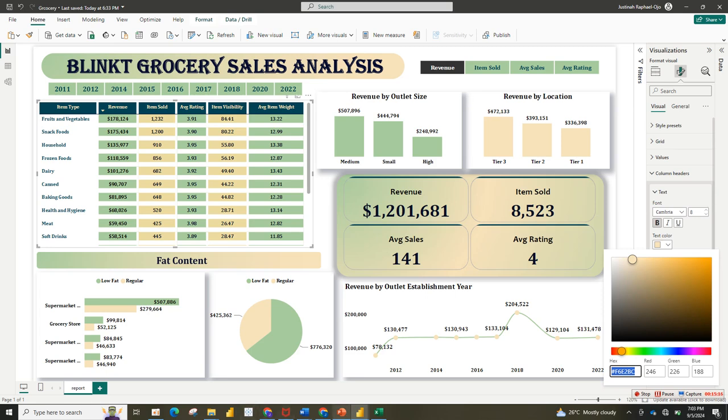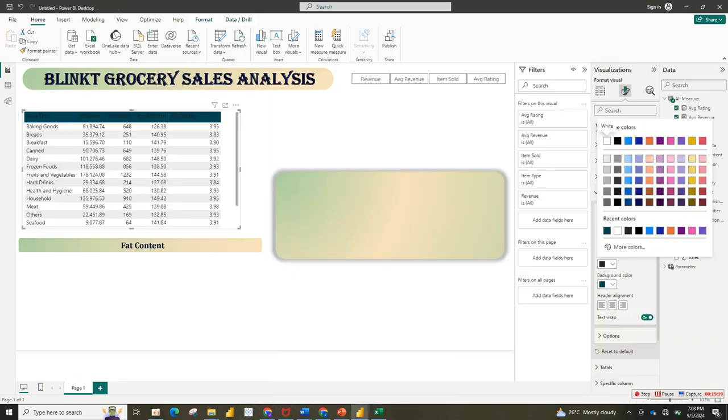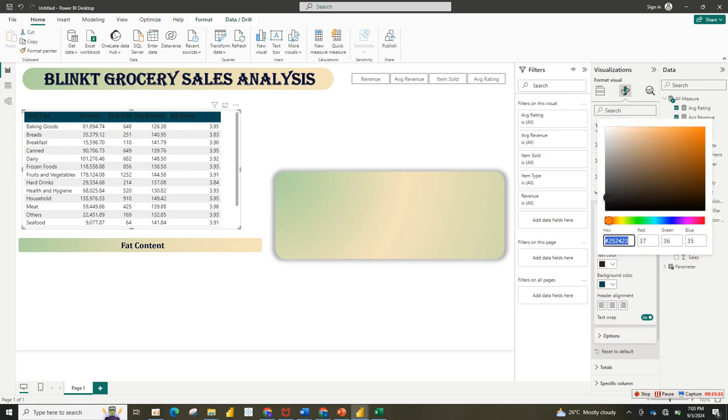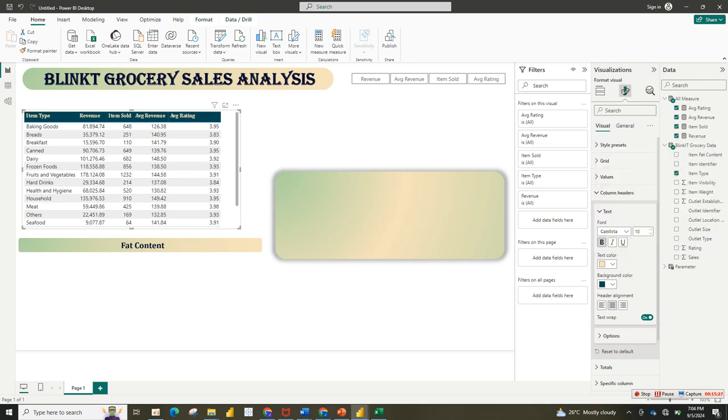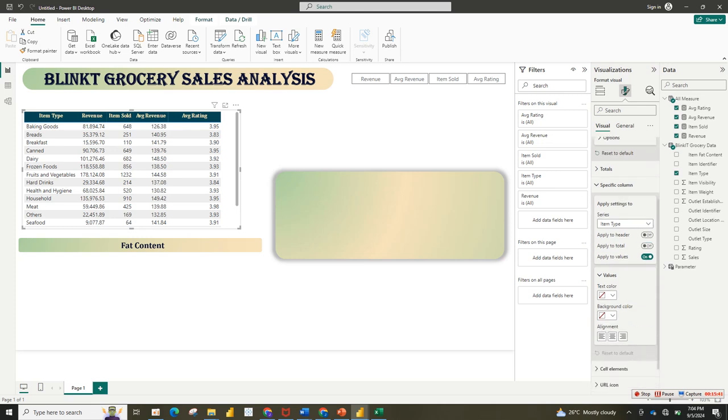So copy the color code, then let's come right here and put it. So we have that. So we can align them. So now for each of the columns, we click on the specific column. For the first one, I will leave this item. For this item type, we can change the text color to this. Can change the text color to this. And then